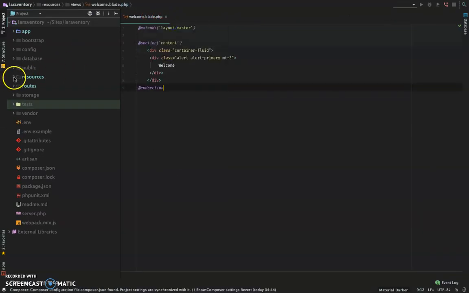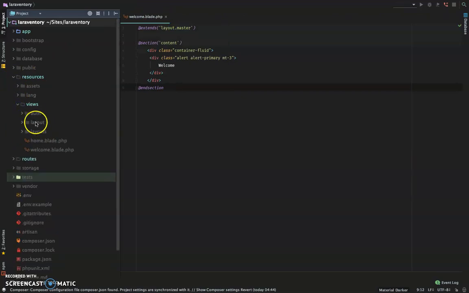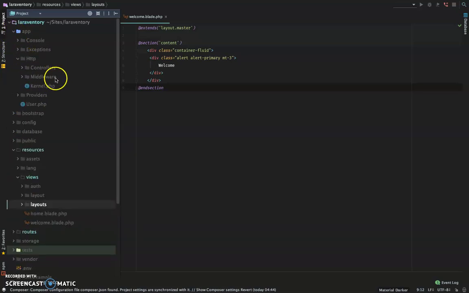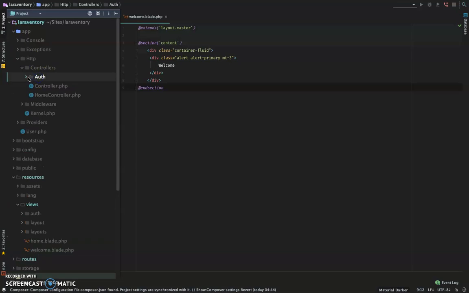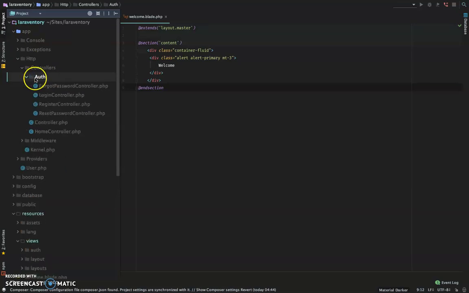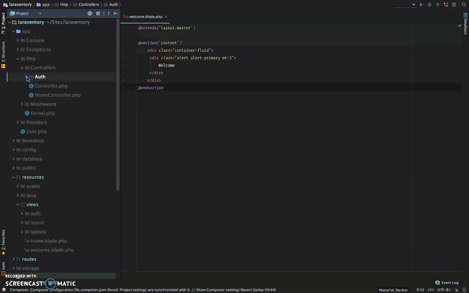If you go to the resources folder, views, you notice the auth folder that has been created here, and you would see layouts too. There is also a layout directory. I will delete that later. We have the auth generated folder, we have the layouts folder, and then under app, Http, Controllers, you see the Auth folder has all these controllers: forgot password controller, login controller, register controller, all generated there. So go back, open